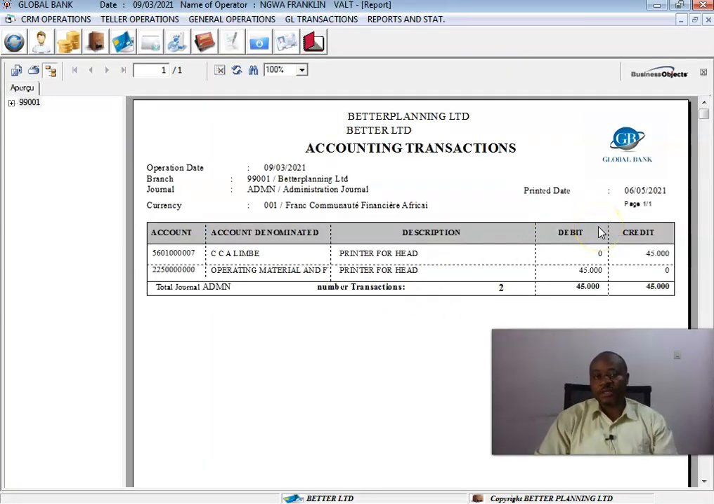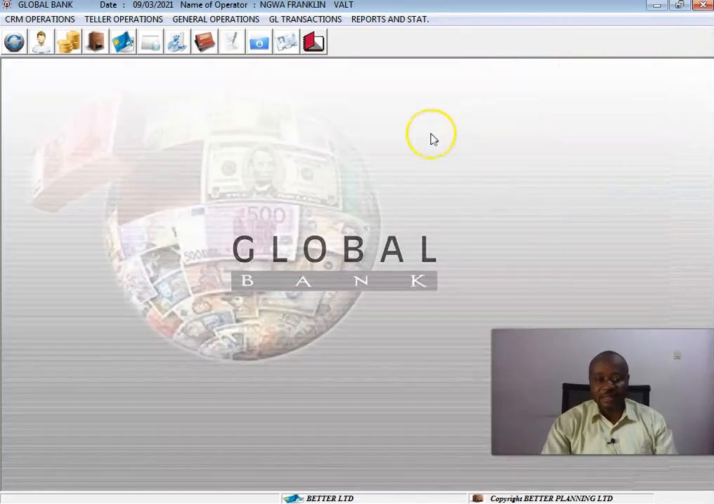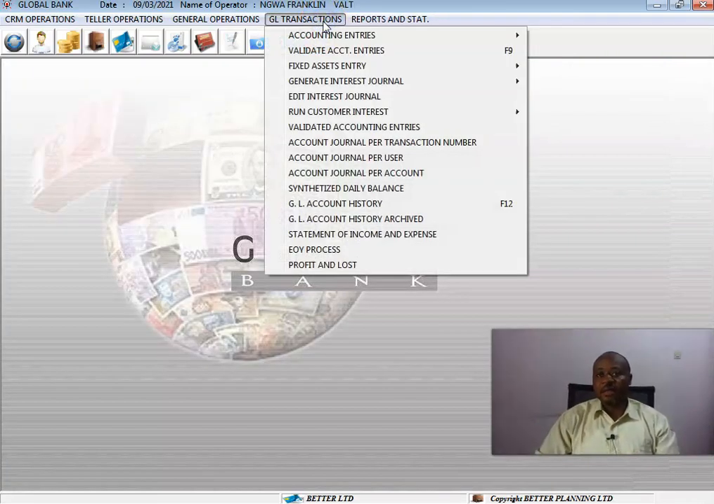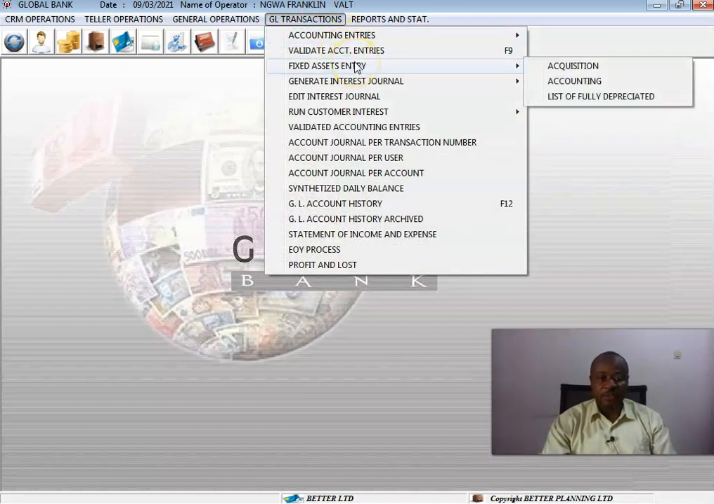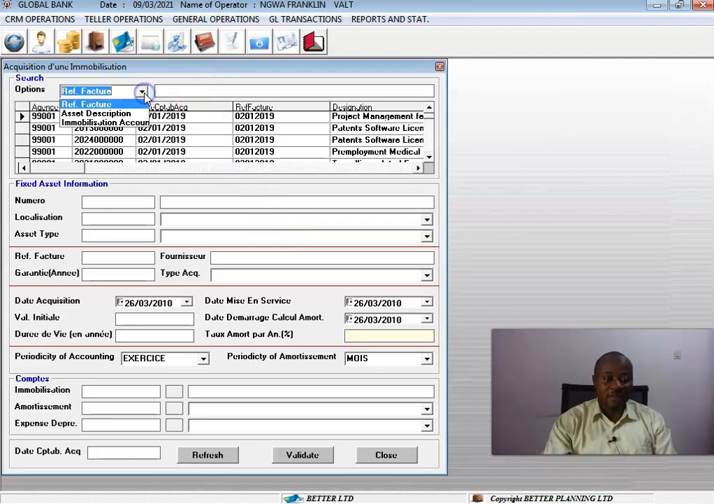Right now we've given Global Bank information about the purchase of these fixed assets. So the next thing is to key in the data entries that are specific to this particular material. So we go to the Global General Ledger Transactions menu right here and down to Fixed Assets Entry and to Acquisition. Now this brings up a window where we are going to have to locate the asset in the list of assets right here, and we have different options: going by the reference or the invoice number, by the asset description